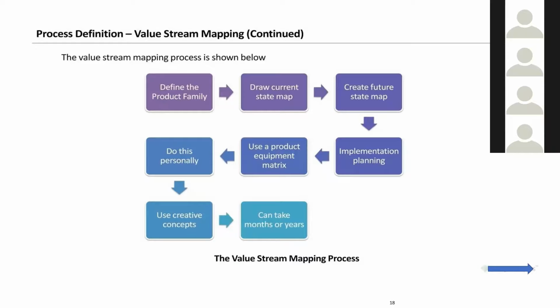So it happens. So we're trying to do the current state map, and from here, we're going to the future state map. You will have to do this personally because only you know your process. You being on the floor, you know the process. You're using a product equipment matrix, that is any tool, any matrix you're using to try and see how you can gauge it. Currently, there is a new system that has come up, which is known as a Gemba walk.